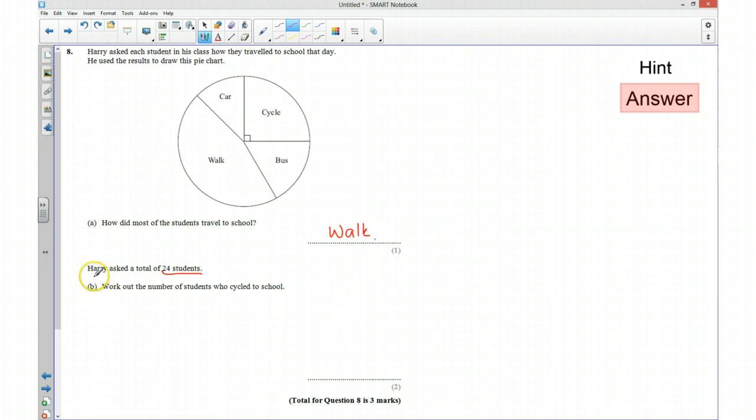Okay, we're then told some more information. Harry has asked a total of 24 students, so this whole pie represents 24 students, and we need to work out the number of students who cycle to school. Well, that's going to be this part of the pie here, and we're told that's a right angle, and we should be able to see that that's going to be a quarter of the whole pie. So that means a quarter of 24 students